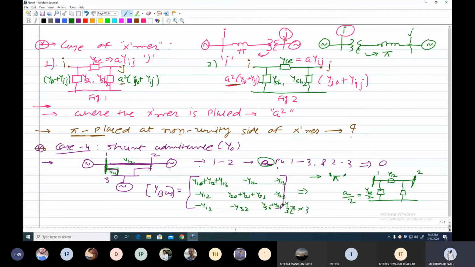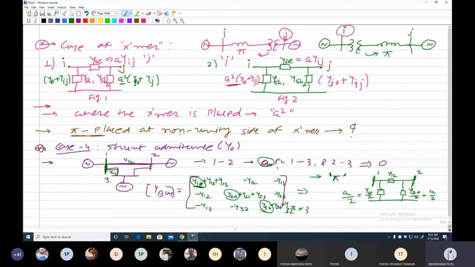Again, at this side, what is the value of this shunt admittance offered by this transmission line? Y20 by 2. Yes, very good. Y20 by 2. That means if it is A, then it is A by 2. Clear? So this is how we can calculate the shunt admittance which is offered by any transmission line. We will directly add the shunt admittance into this parameter, our shunt elements.